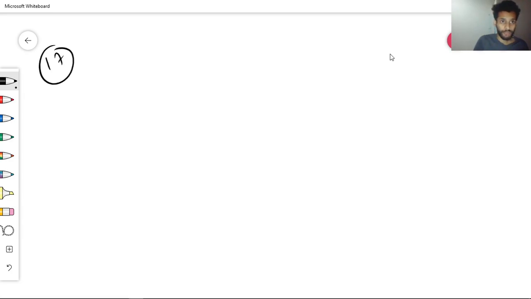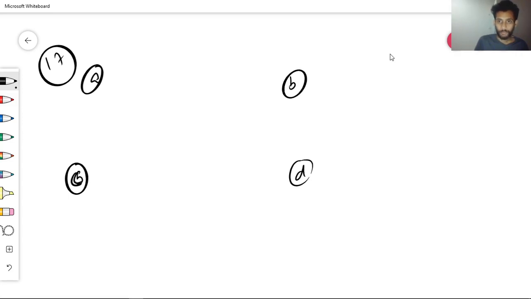Question number 17 is, which expression has a value greater than minus 3? So A, B is here, then C is here, then D. Okay, we will be doing all these parts. First of all, A is 4 plus minus 9. So when we solve it, 4 minus 9, it will be minus 5.